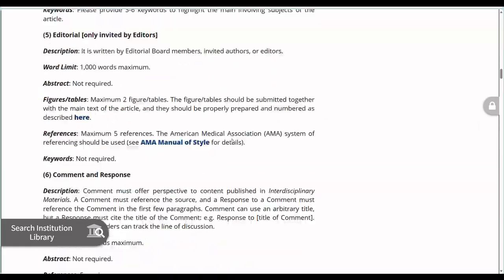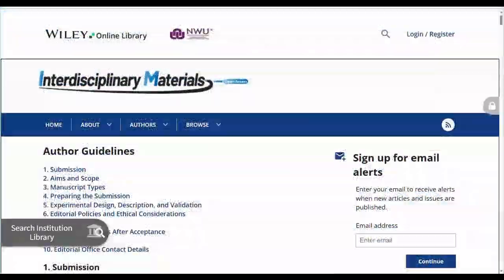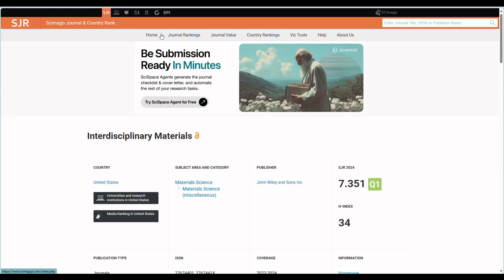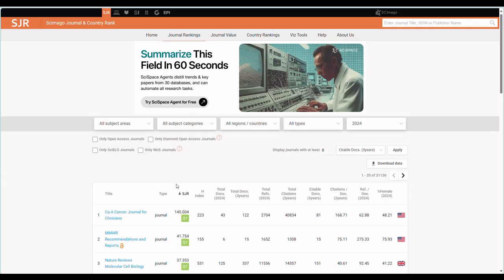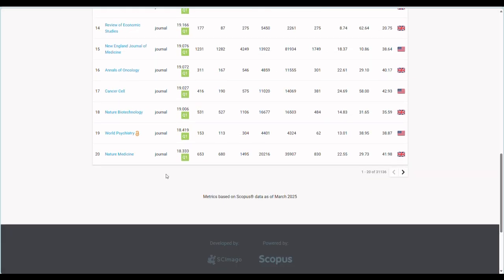So meanwhile, let's see another journal, for example. Let us look at another one. Just a minute. Let me share this tab now. So let's just look for others.